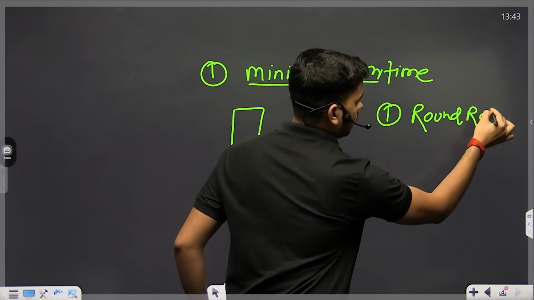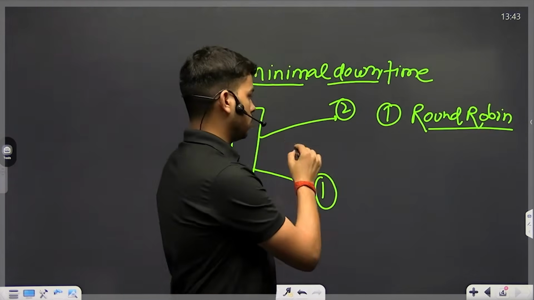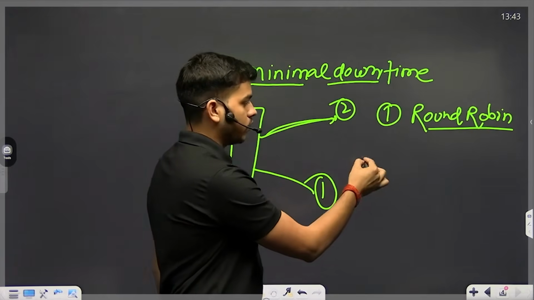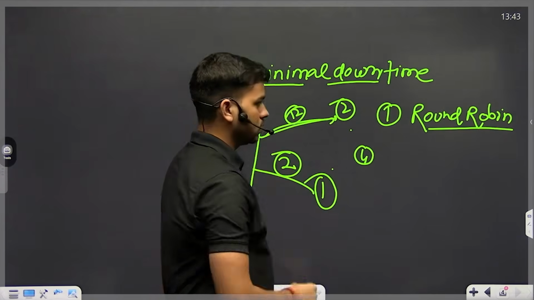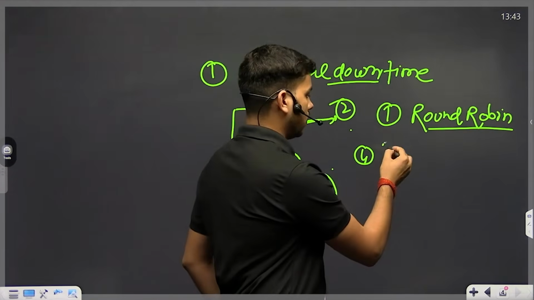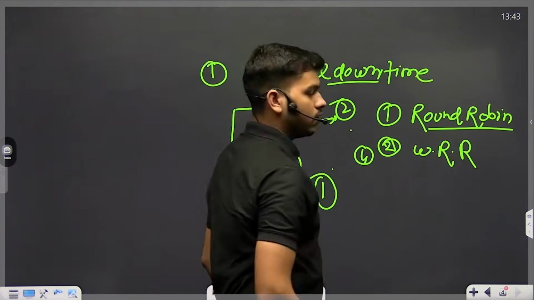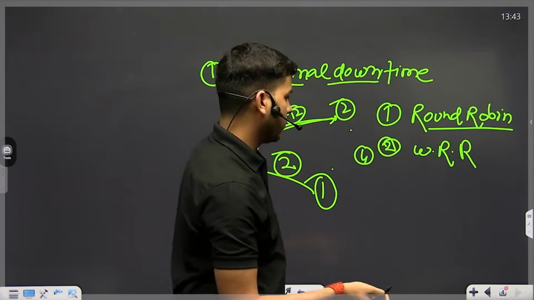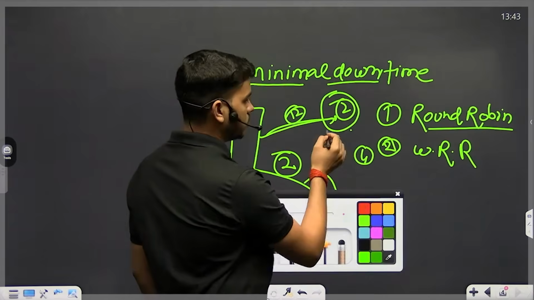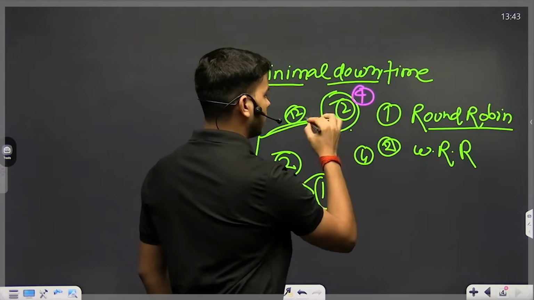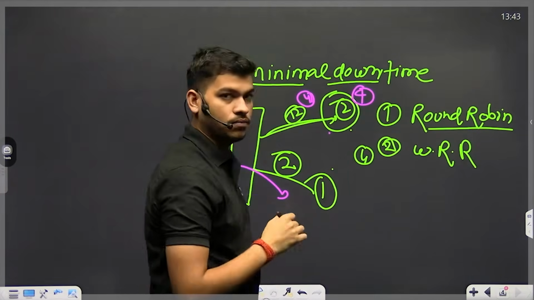Round robin is called a static distribution system, where the load is divided equally: if 4 requests are there and there are 2 resources, 2 requests will be processed by this one and 2 by the other. There is one more algorithm called weighted round robin, WRR. WRR generally prefers the server's capacity. First it analyzes the capacity of the server. For example, if it can handle 4 requests, 4 requests will be transferred to it, and the rest of the incoming requests will be treated by server number 2, right?